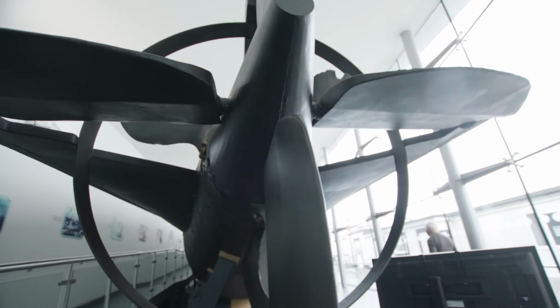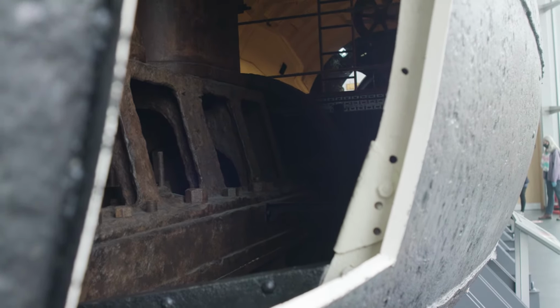Finally, we've made it to the Naval Museum in Portsmouth. My initial reaction to the sub, the Holland 1, is that it's larger than I thought for such a small vessel, but also inside it's very, very cramped, but it's in pristine condition. And if you just look inside,